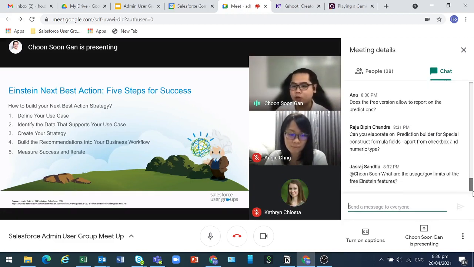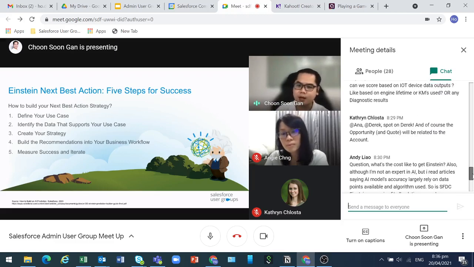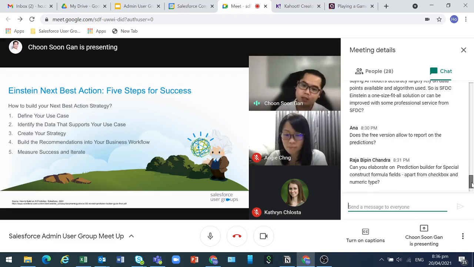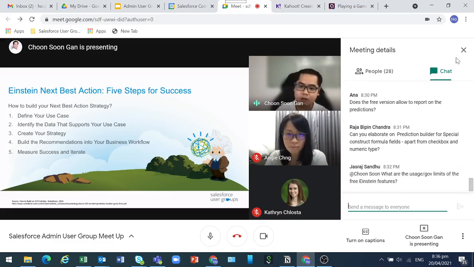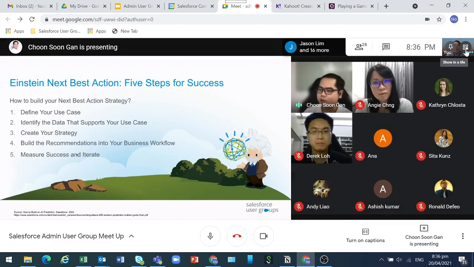So are you able to tell, like, contract expiry date, for example? If you don't store that date, it's probably a bit harder for you to actually surface this recommendation if necessary. The next thing is to use the strategy builder to actually create a strategy. The last two points are roughly the same. You need to build them into workflow so that people use them, and then you need to measure success and